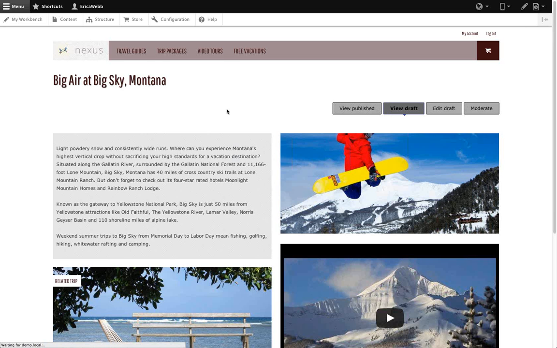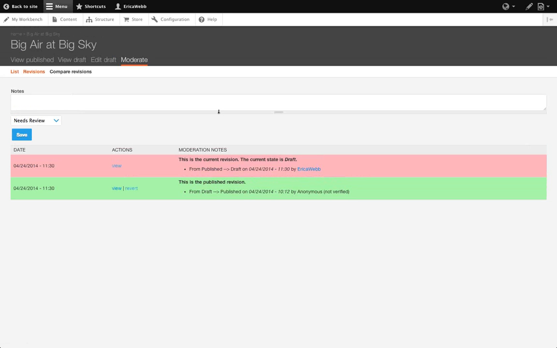And in this case, since I'm Erica and my roles and permissions in Drupal are set up as such that I'm a curator, what I can do is I can mark something using my Moderate tab as needs review, but I can't actually publish it. So just an important distinction for this user. And what I'm going to do is actually make a note here to the reviewer. So this is the editor of the site. His name's Paul. So I'm going to say, hey, Paul,